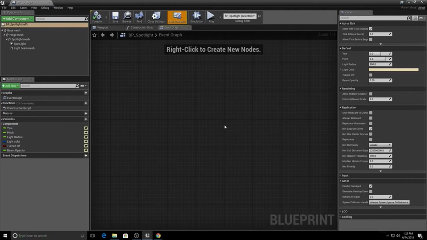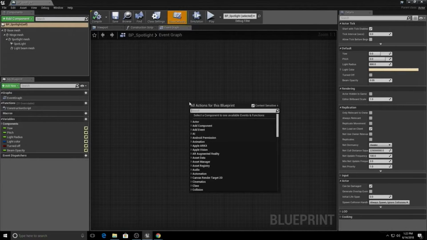But what I want to do now is actually add a node and talk about connecting nodes as well. So right-click to add new nodes. If I right-click, we're going to get the context menu. Okay, so the context menu is going to give you contextual suggestions for nodes that you can add to your graph based on the type of blueprint that you are in and the things that you have selected in your